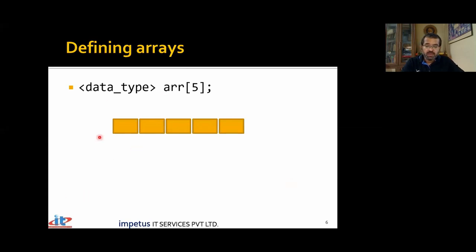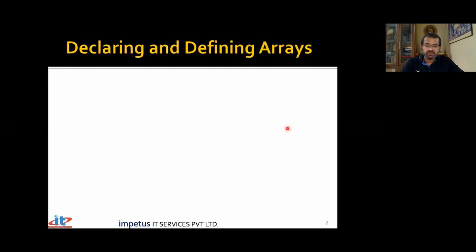Now, coming back to this, if the first variable is stored at address 400, the next will be at which location? Depends on the data type. If the data type is char, and the first is at 400, the next will be at 401. If the data type is int, the first one is at 400, the next will be at 404. Because there are no gaps in between. All elements are stored in contiguous memory locations.